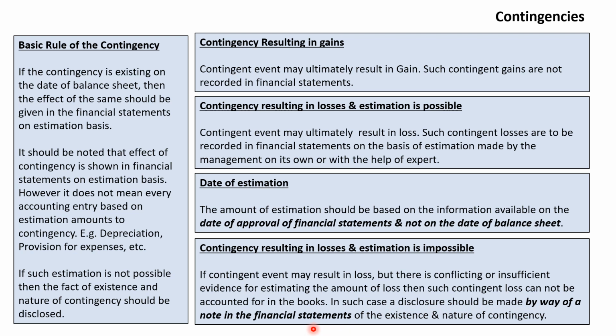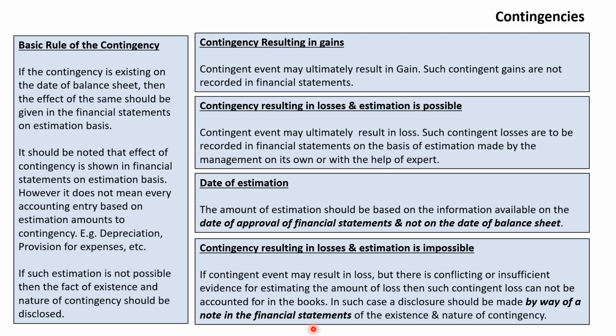If the contingency is resulting in losses and estimation is possible, then the estimation can be done by the management on its own or with the help of an expert, and based on that estimated amount, an accounting entry will have to be passed in the financial statement itself. For the purpose of estimation, the information available on the date of balance sheet need not be taken as the basis. In fact, the information which is available on the date of approval of financial statements, that is to be